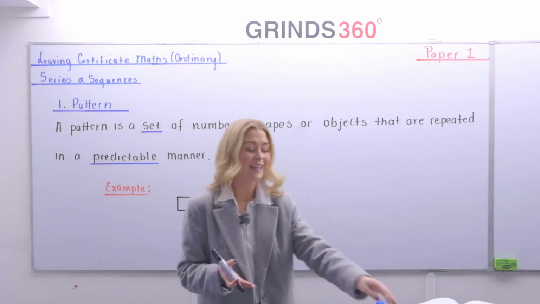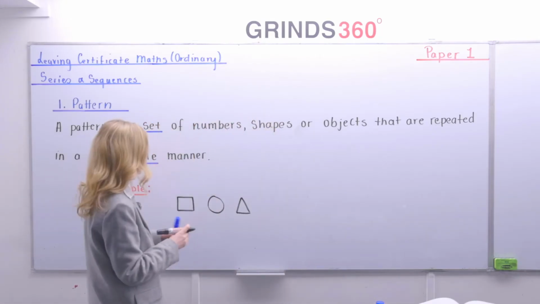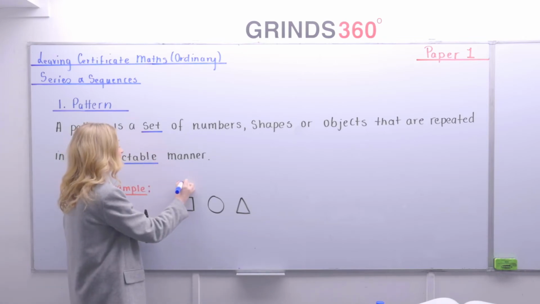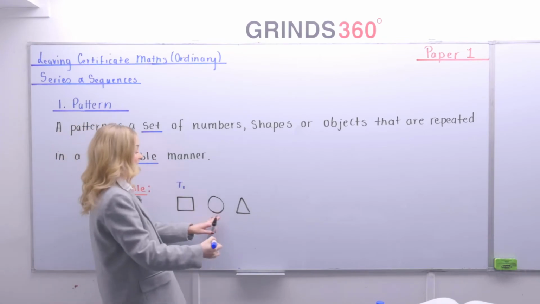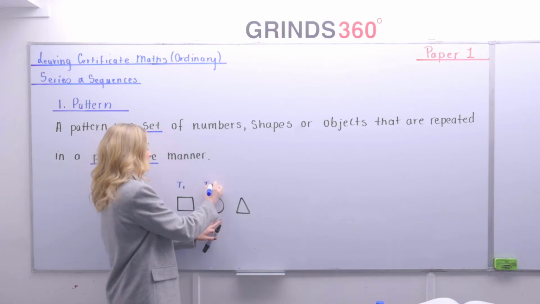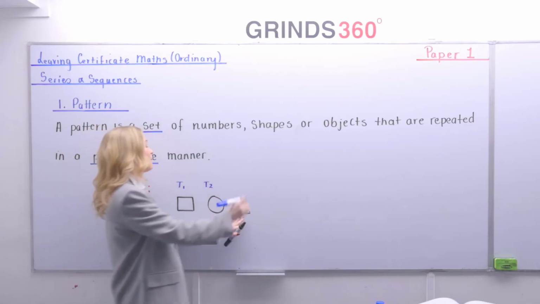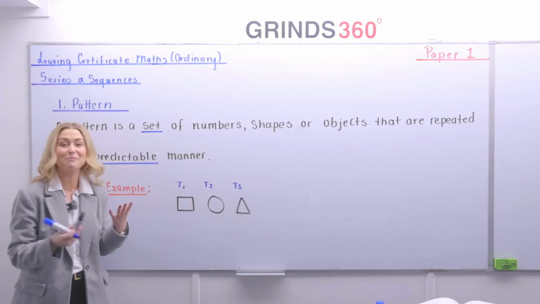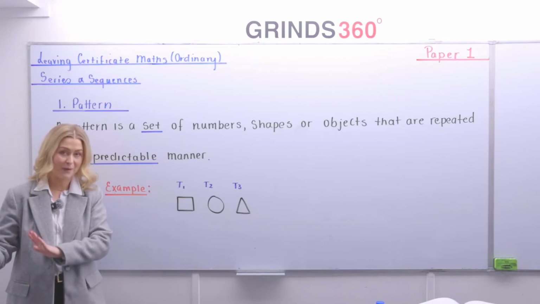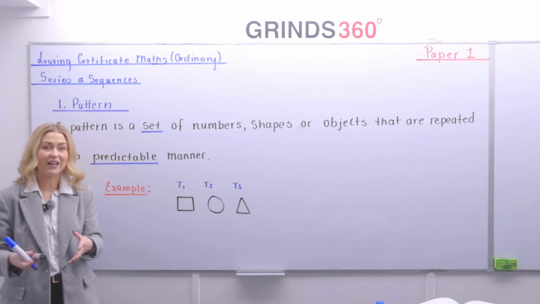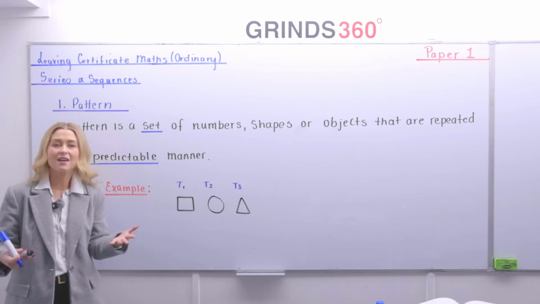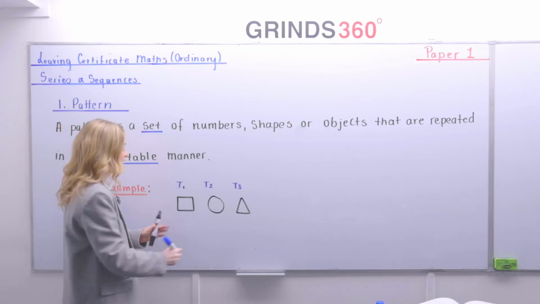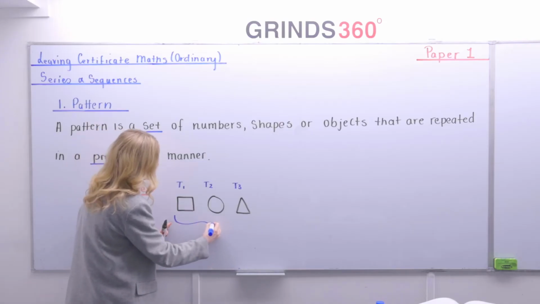If that's my pattern, each of these are referred to as terms. So my first term, which I'm going to refer to as T1, is a square. My second term, T2, is going to be my circle, and my third term, T3, is going to be my triangle. It's a 3-term pattern. Now, you could be asked to fill in the next term. So let's say your examiner says to you, write down terms 4, 5, and 6. If this here is a 3-term pattern,